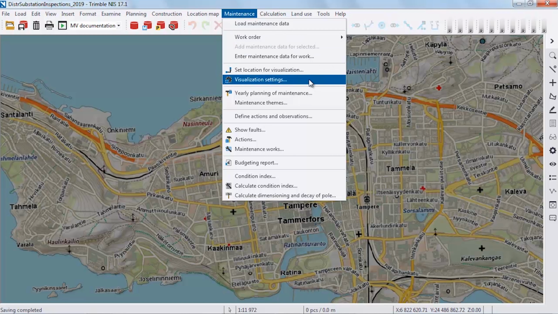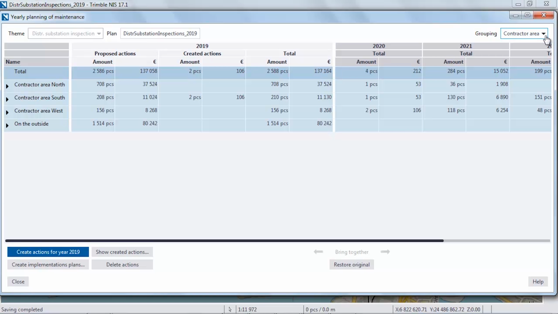So we need to know what the assets are that we want to inspect or maintain, when the previous inspection was done, and how often the inspection should be done. And already based on that information, we can then provide a suggestion that, okay, next year you should be inspecting